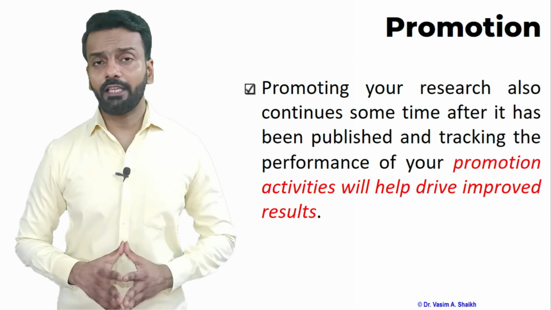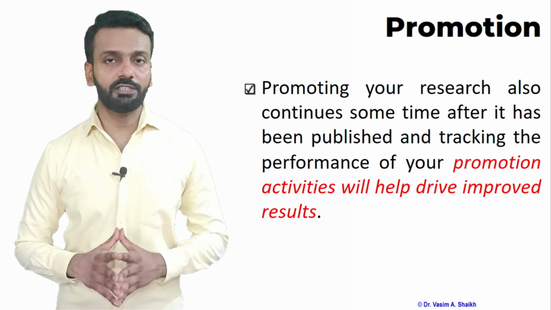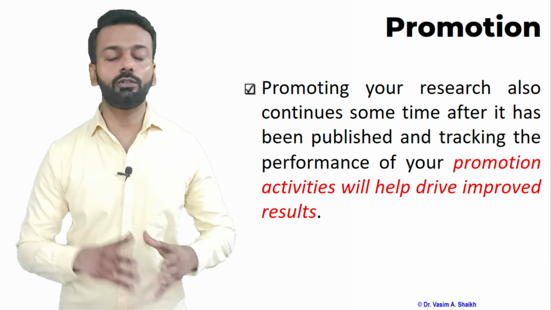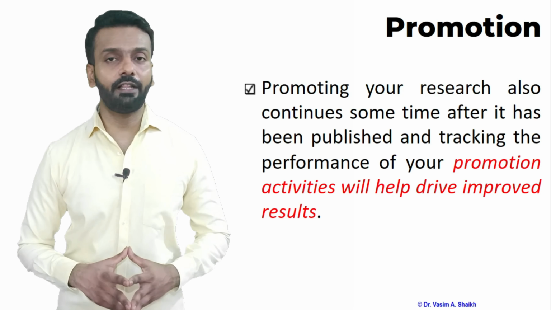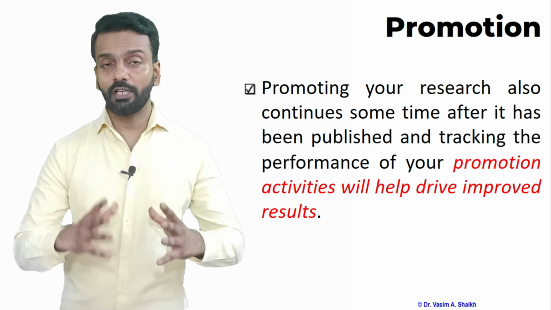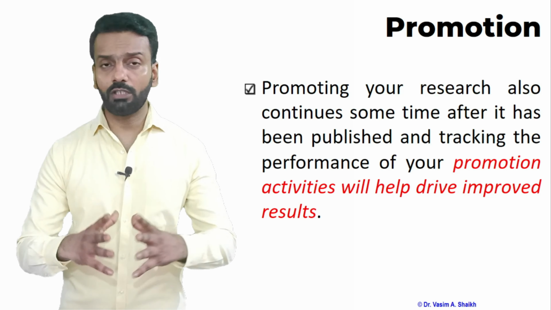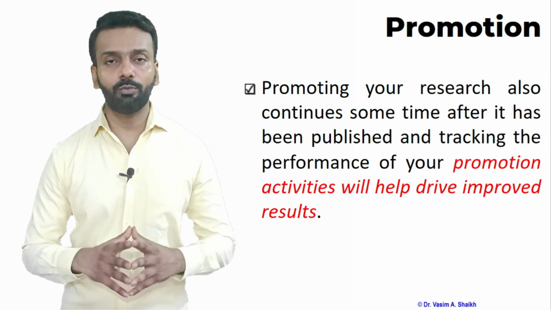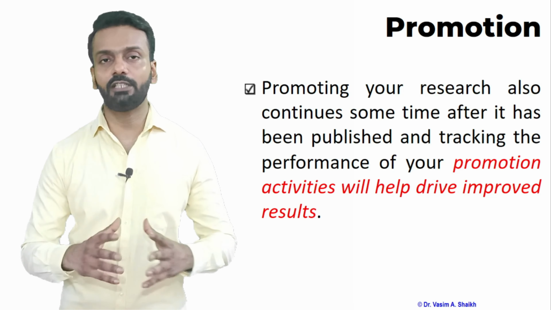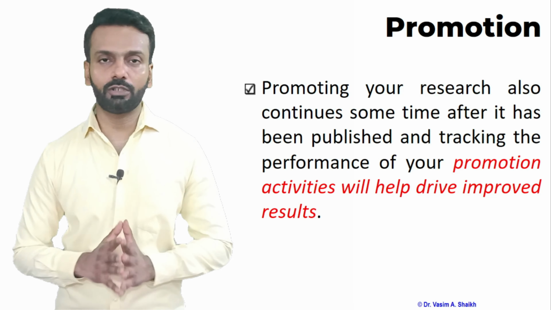You can also track your article after it is published, and from that you can also promote your article. How to track the progress of your article? You can go to Google Scholar. You can put up your article against the Google Scholar profile. There you can easily see how many citations your papers have received and so on. You can track the progress of the article.